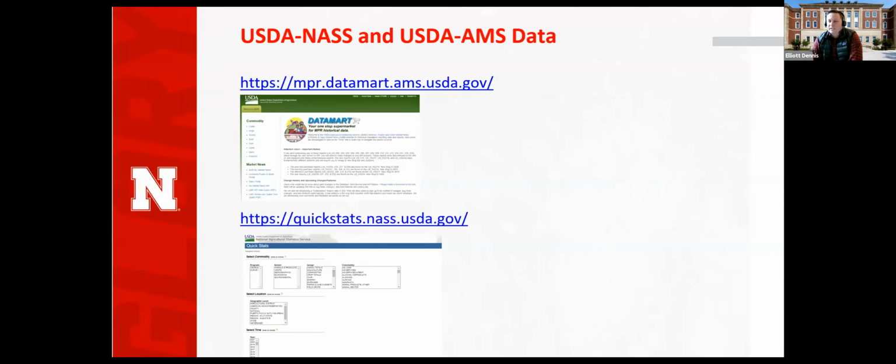To give an example of some of these projects that I'm particularly looking at, these are two very commonly accessed reports. On top we have the USDA-AMS MPR report, which is mandatory price reporting. It runs from daily to weekly to monthly publications. If you're producing under different contracts, you would access information here, and it's all publicly accessible and free.